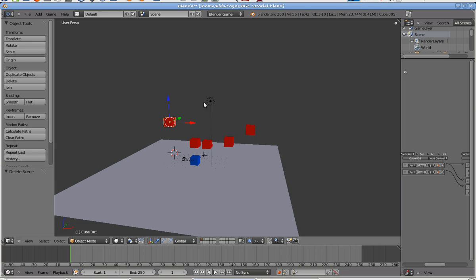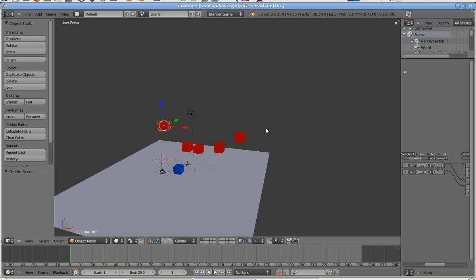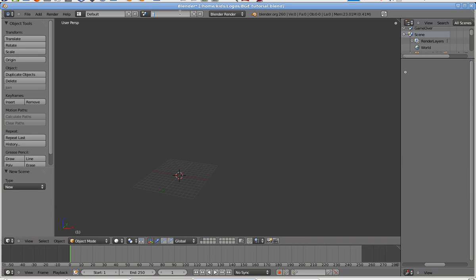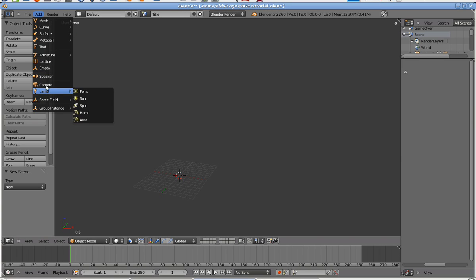So, we have a pretty nice game here. There's enemies, and you shoot them, and if they get you, you disappear. So, we're gonna add a title now, and you do this by clicking the plus sign up here beside scene, and click new, and then I'm just gonna name mine title, and then add camera,